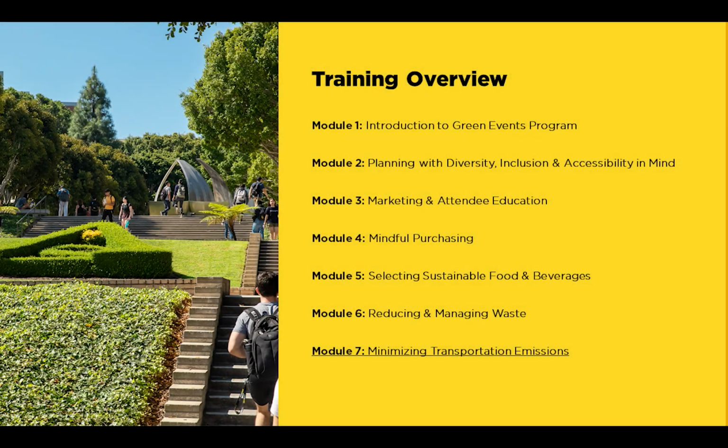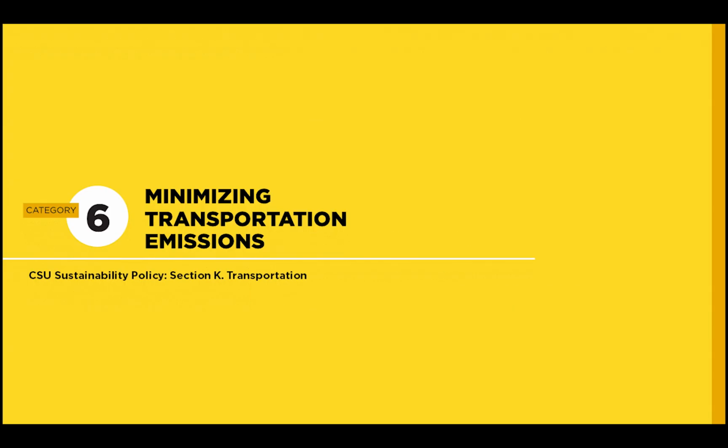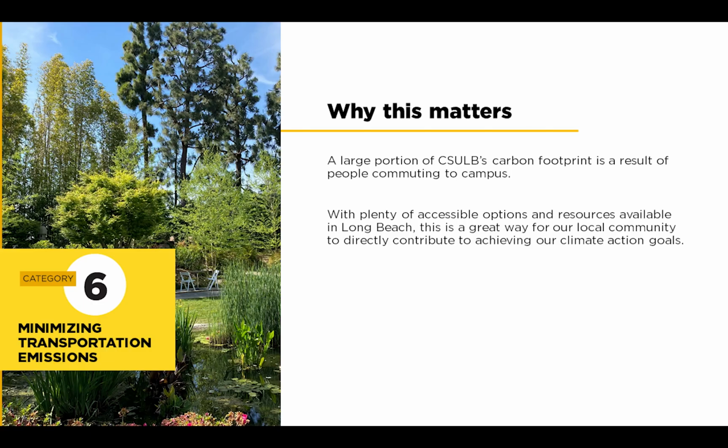Okay, and now we're going to move on to our last module, which is category 6 of our checklist, minimizing transportation emissions. This is important because on average, over 60% of our campus emissions come from transportation. And this is due to the fact that we are a commuter campus, so a lot of our students travel to campus, and choosing to travel sustainably when possible means less pollution and less carbon emissions, therefore reducing our overall